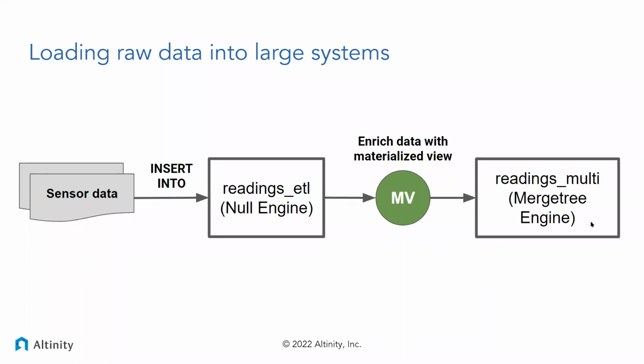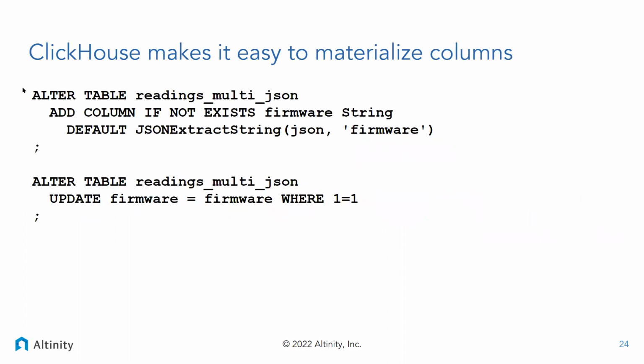This is a very common pattern. We've covered this in other webinars around JSON. You can look it up. So one of the things that I wanted to talk about, though, is how you can get those columns out later. And it turns out this is something where even for large data sets, ClickHouse makes this very easy. At any time you want, you can alter a table and you can add columns. The operation is instant.